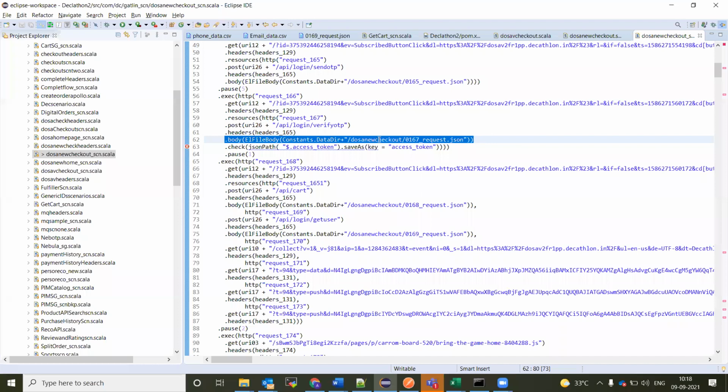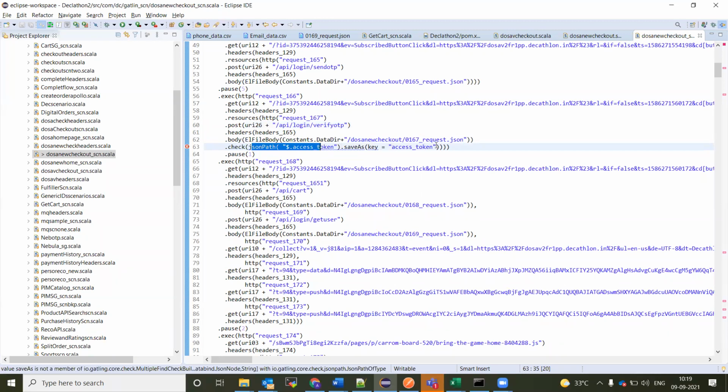After the body. What happens is, at the post endpoint, it will take the request, take the headers for the post request, take the body, and post it. Right after posting, we get the response. Then we check the response, capture it, and save it in a key.